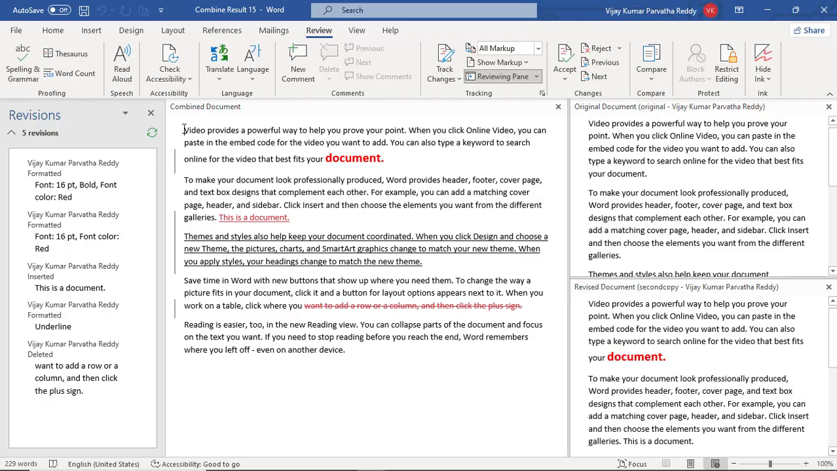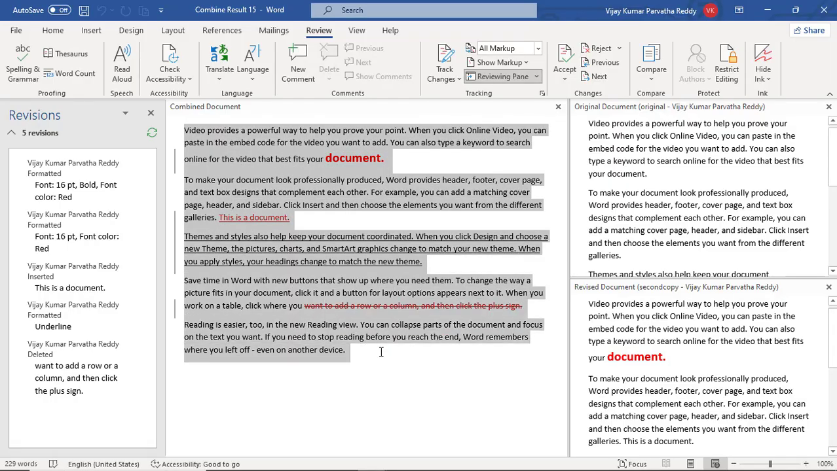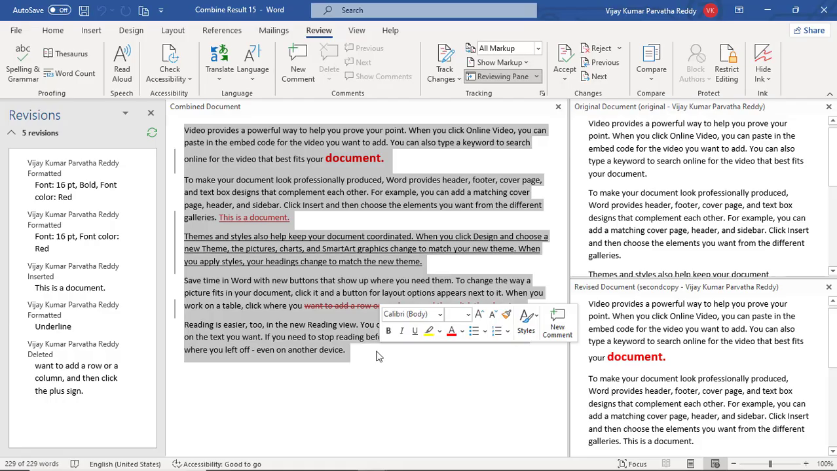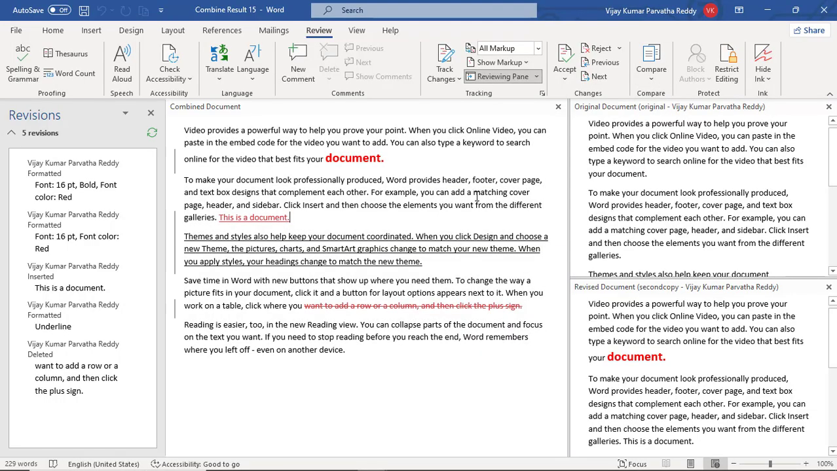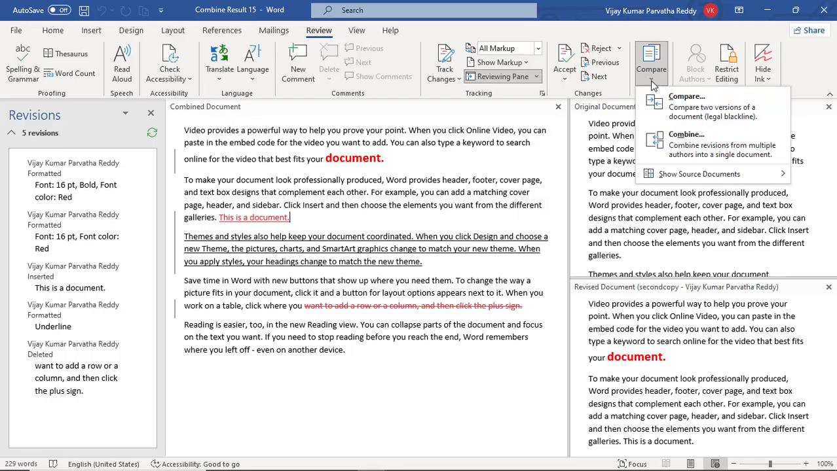The combined document will be like this. And you can also set other options for how to compare or combine, or how to show the source documents or hide the documents, everything you can use. Okay,